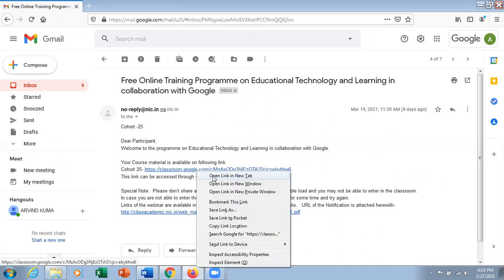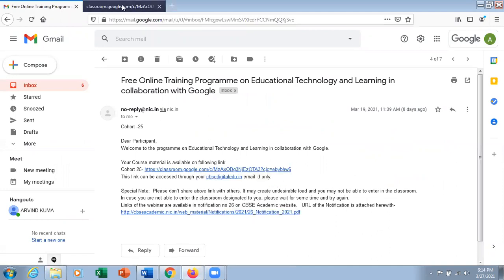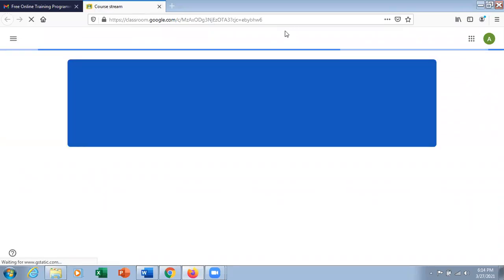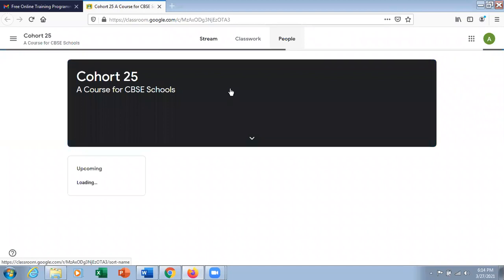I'm just going to right click and open in a new tab here. I'm just going to click on that particular option. My dear respected colleagues, now I will repeat the steps one by one here. Hopefully you concentrate and you are able to understand. If in case any kind of query is there, you can simply contact the computer department.